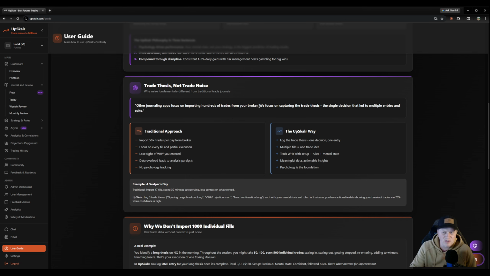What was the single decision? What was the single setup that you saw that led, it says it right here, that led to multiple entries and exits, right? So a trade thesis, let's say at some point during the trading day, you have a long thesis that's now forming. Maybe the market's pulled back to a key level that you've been watching. Your trade thesis is now switching long, right? During that whole period, so let's say that